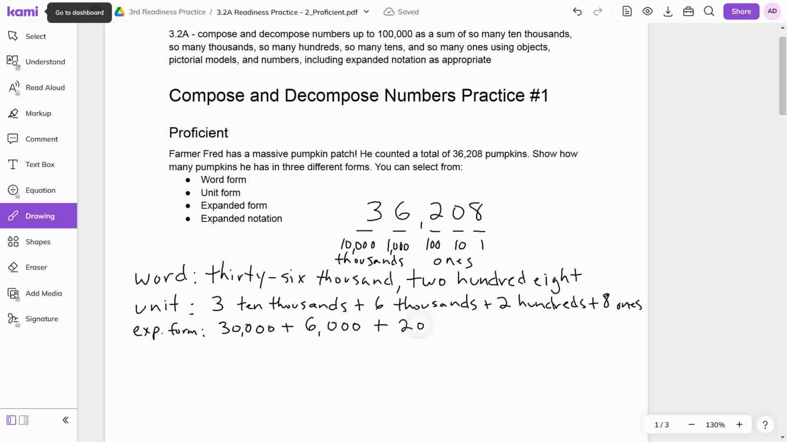200s, 100, 200. We're once again going to skip the 0 because there's nothing there. And then we're just going to put the 8. Expanded notation